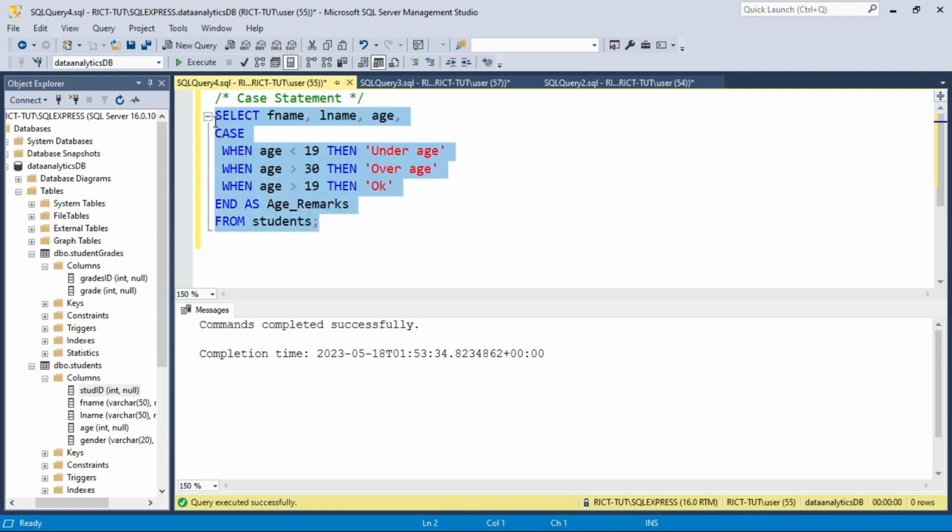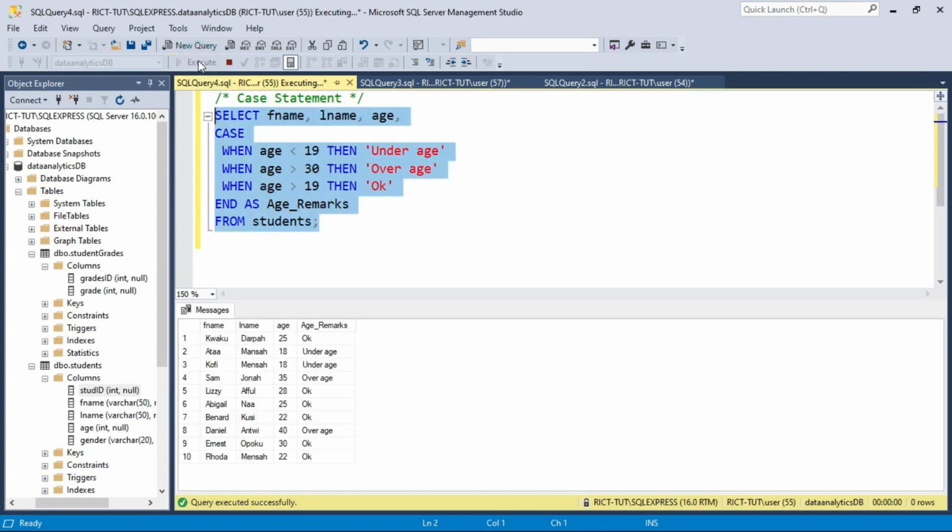So let me select all and execute this code. Right, so this is what we have. It outputs the first name and last name of the student. Then it checks against the age based on the condition that we've set in the case statement, and it gives